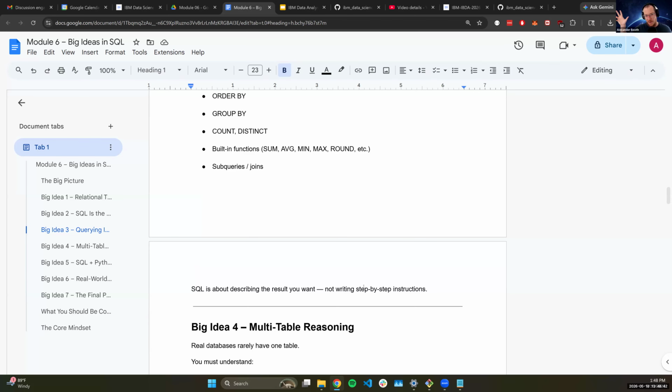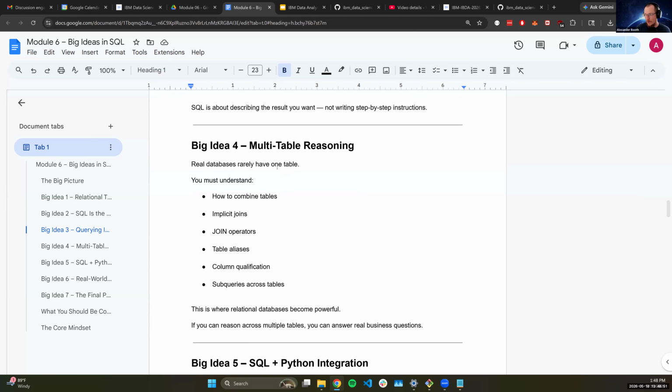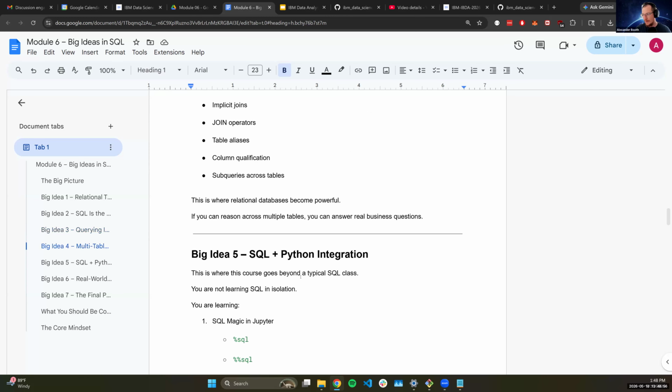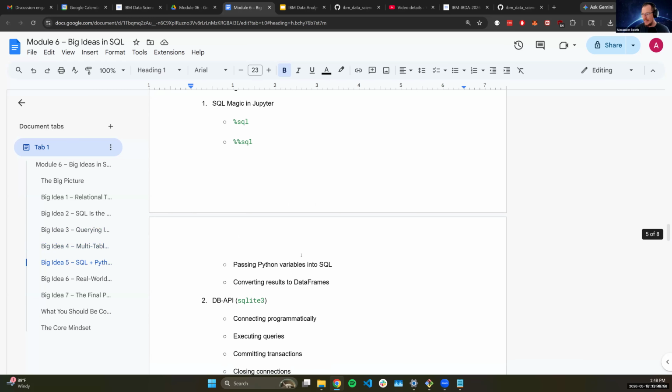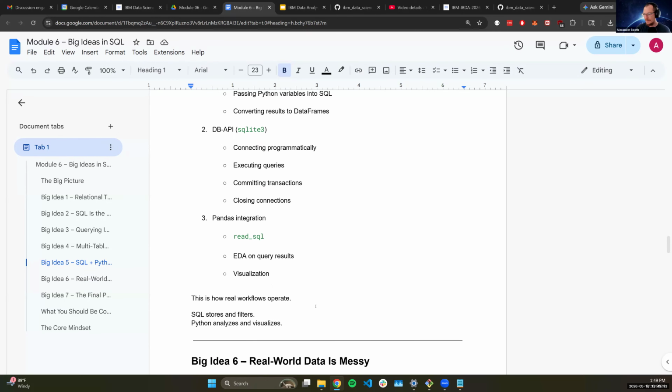I had a good note in one of the forums about declarative languages like SQL, so definitely give that a read if you want some more details on this. How do we query across tables using our entity relationships, multi-table reasoning? How do we bring the results back into Python and Pandas? How do we use databases as a source for ETL pipelines, but also as a destination for ETL pipelines, and as a source for exploratory data analytics?